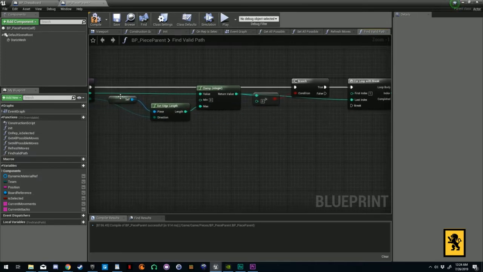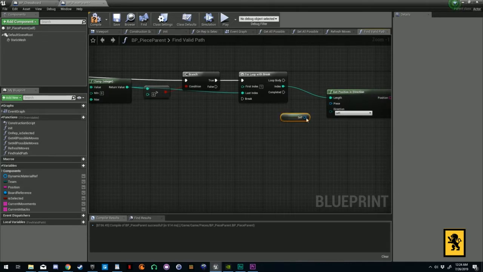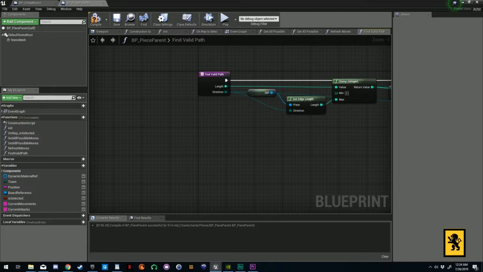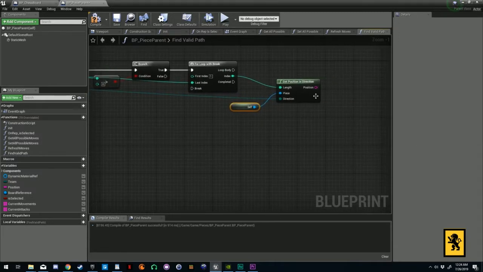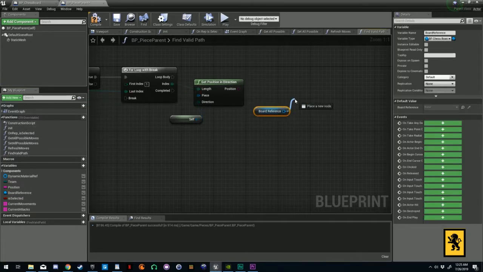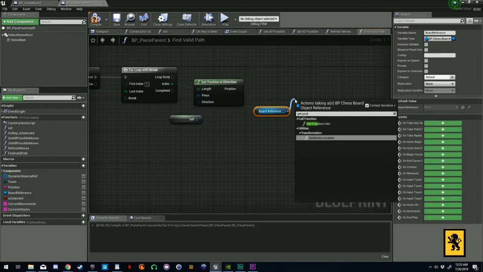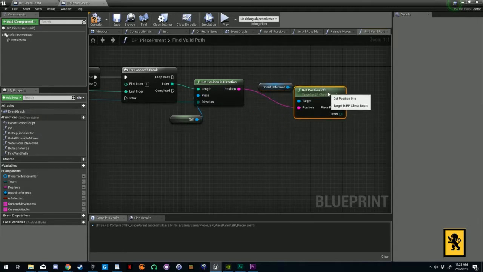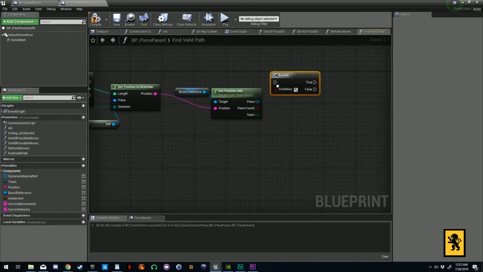So we can just grab this value, plug it there. Direction will be direction. And then after that, we are going to grab our board reference, get position info, plug in our position, and then if there is a piece found,